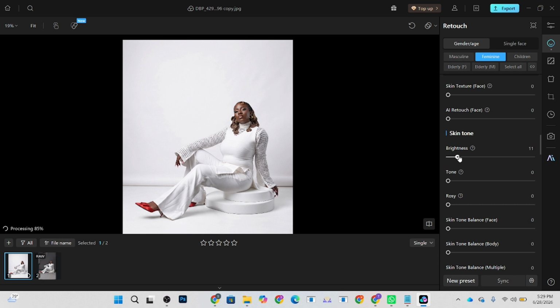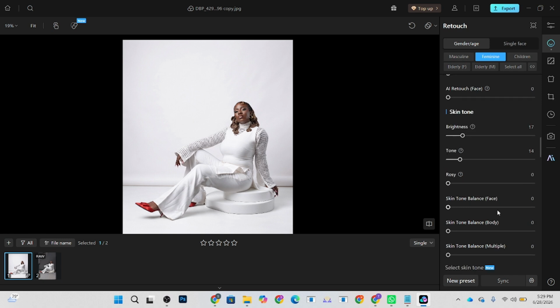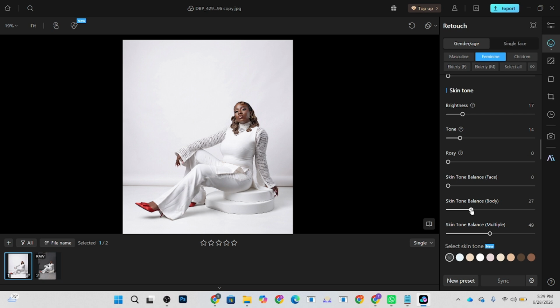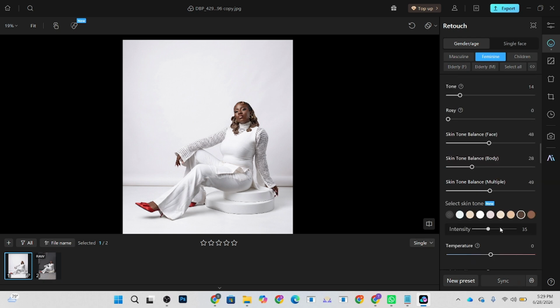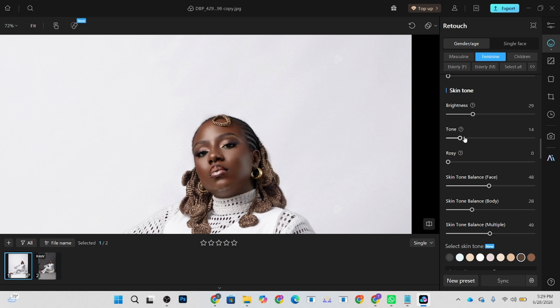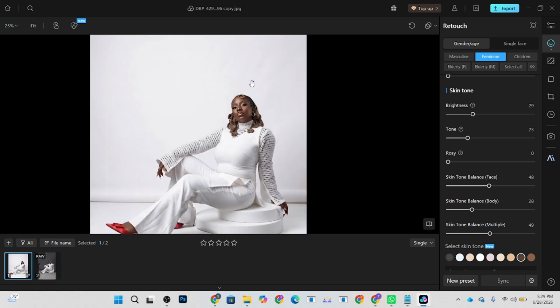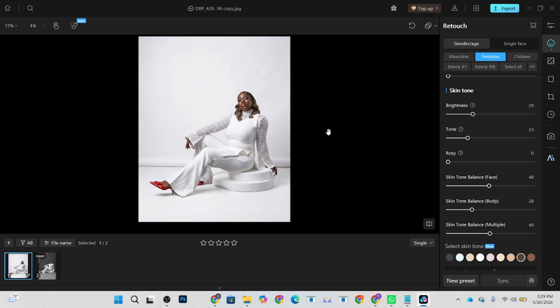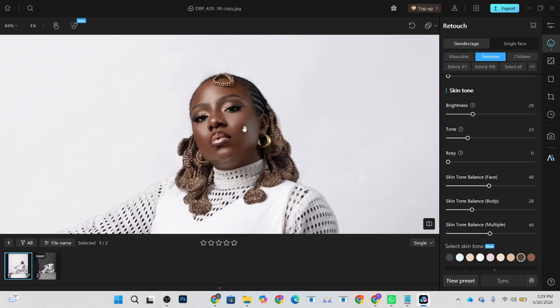I'll increase the brightness a little, the toning a little, then of course blend the skin tones so that we'll have very uniform tones. And this is the skin tone we're going to be using. This particular one over here, the cocoa skin tone, because she's a black model, we wouldn't want to use something that will make her look fair. We can as well increase the skin tone, maybe reduce the reds a little, and now brighten it up with the tones and the brightness, so that when you look at it, you are still seeing her face. So look at the way we're able to maintain the original skin texture, the original skin tone,